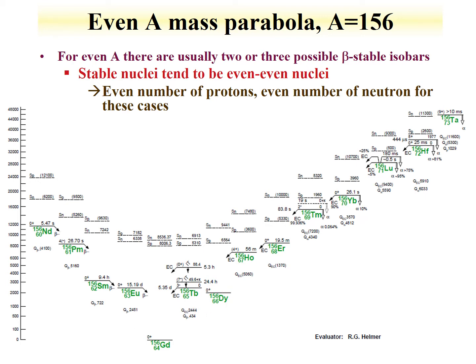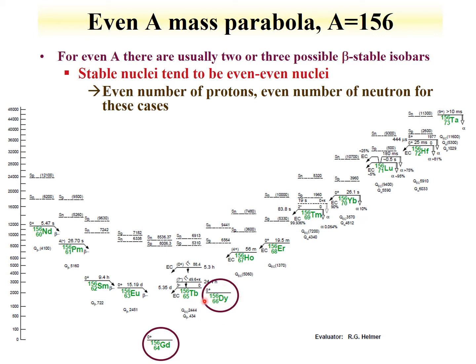We see the beta decay here. So neodymium, promethium, samarium, europium, gadolinium. We're going up in Z, and then here we're going down in Z from tantalum all the way to gadolinium. But what we see is that as we go from the beta decay side, we're going to reach a point where this europium decays to the gadolinium stable, and then on this beta positive side, we go down and we hit a point where the holmium would